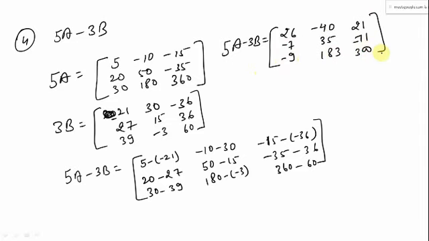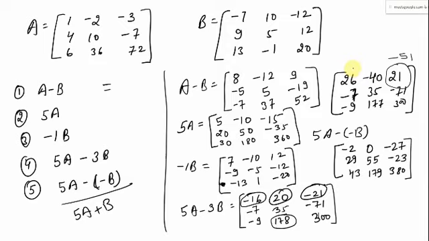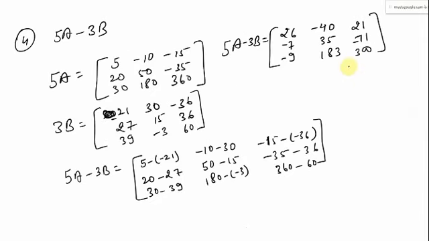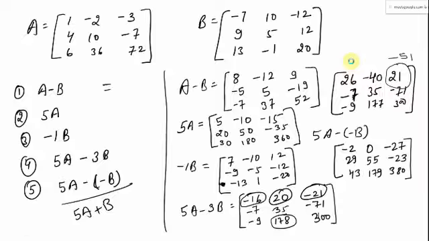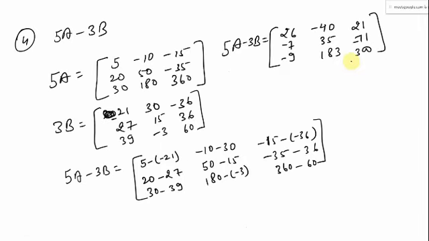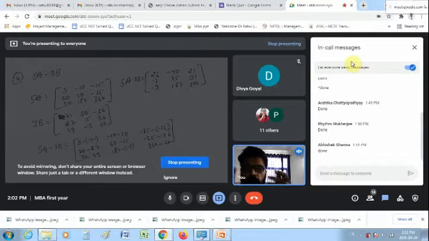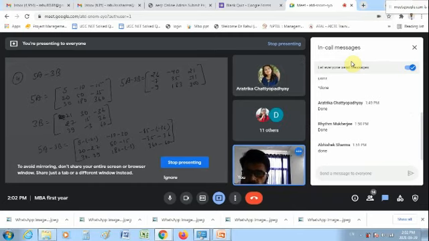Whose answer is this? I guess no one's answer is this. So mine was just 177. I just had a mistake over there. That's a separate issue. If you are missing a negative also, then it's a mistake. I don't know why this is happening. It's a simple plus minus, and it's still confusing. Yes, Ratika? Sir, I got this, the 183. I can send you a photo. No, no, I believe you.